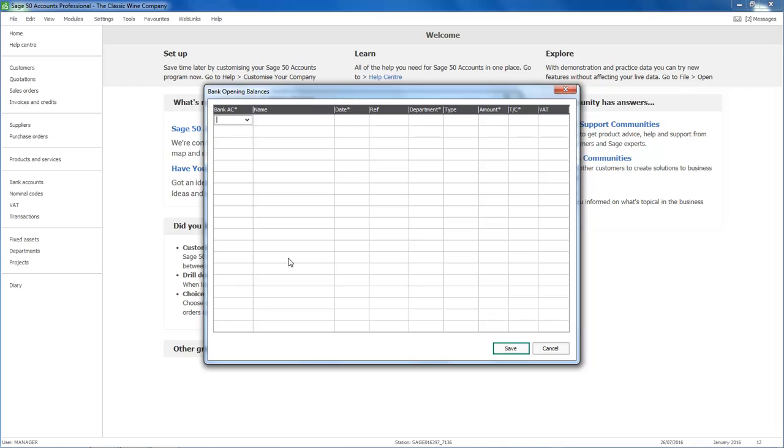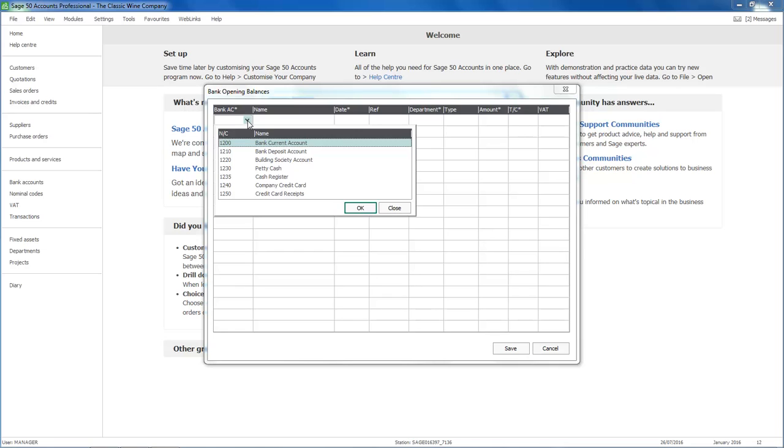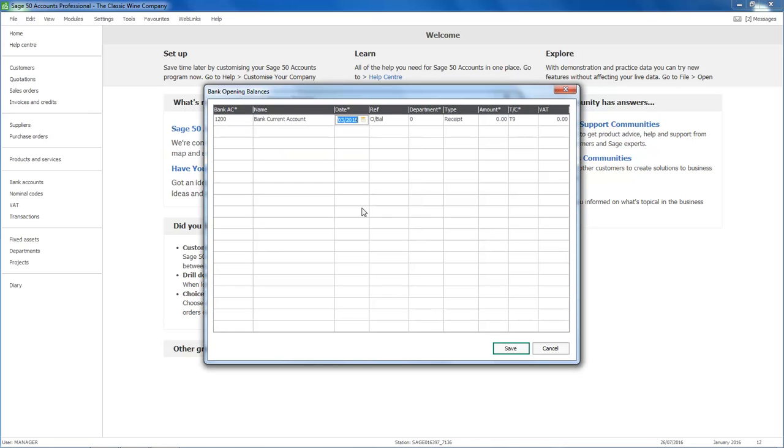Again, it's very straightforward to enter these transactions. We choose the bank account that the transaction relates to, which in this example is our bank current account. Enter the date of the transaction. The reference defaults to OBAL, and just like with customer and supplier opening balances, we can overwrite that reference if required. I'll leave the department set to 0, and then we can set the transaction type. Now we can choose from either receipt or payment. In this example, we'll choose payment,